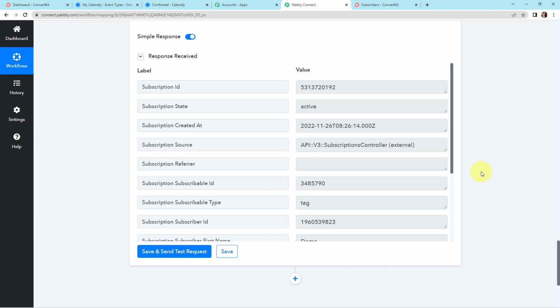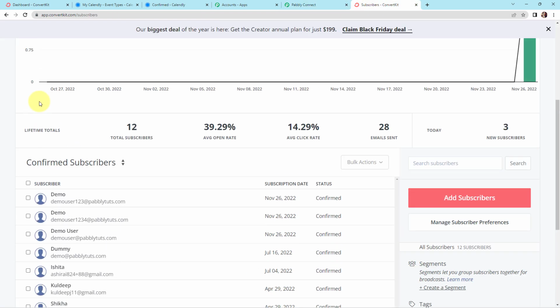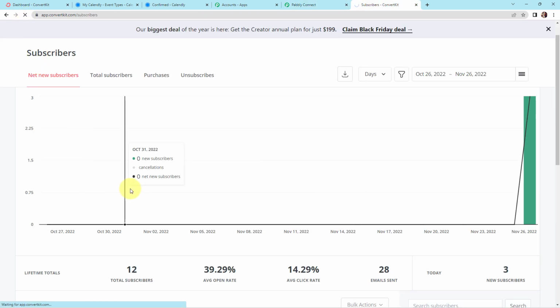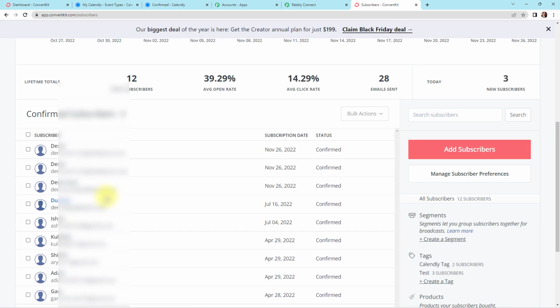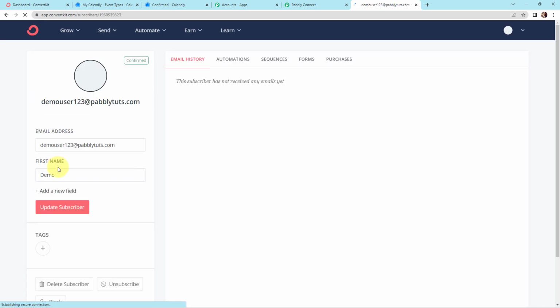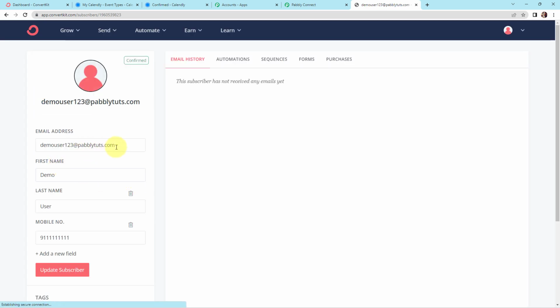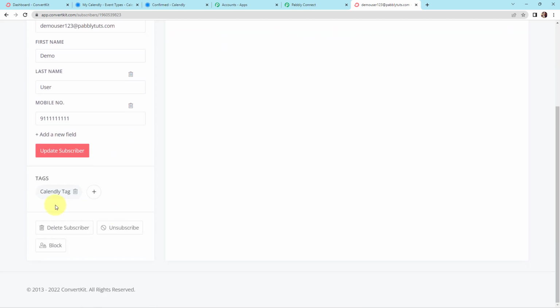Now, if our integration is a success, a tagged subscriber should be created in ConvertKit. So I'm taking you back to ConvertKit and here I'm going to refresh this connection. Once done, here you can see that we have successfully created a subscriber, demo user 123 at pabblytudes.com. This is the email address. This is the first name, last name, mobile number. And yes, we even have the tag, which is Calendly tag. So this basically means our integration process is a complete success,